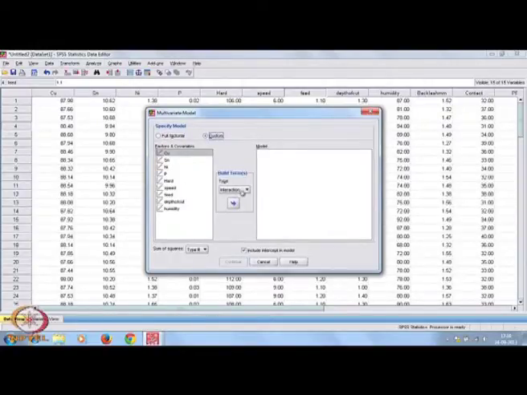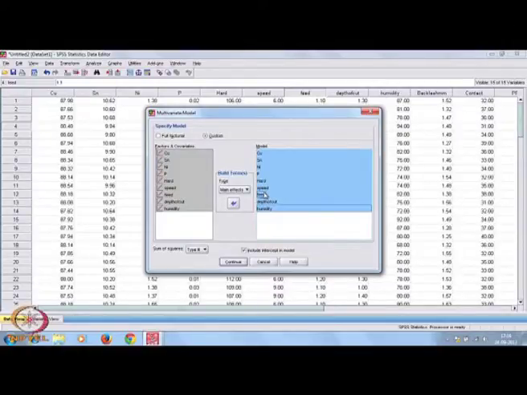Here we want only main effects, then you click all the variables here. Getting me? What happened? You have taken all the independent variables, and you are taking main effects only. That means there is no interaction effect between the independent variables. If there is an interaction effect amongst the independent variables, they are not truly independent. So, we are going for multivariate regression where the IVs are truly IVs.